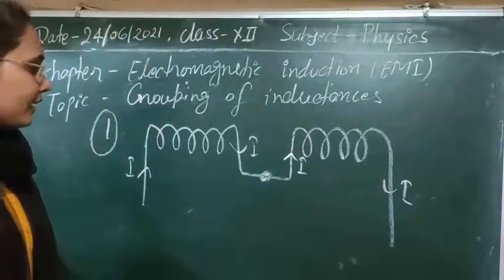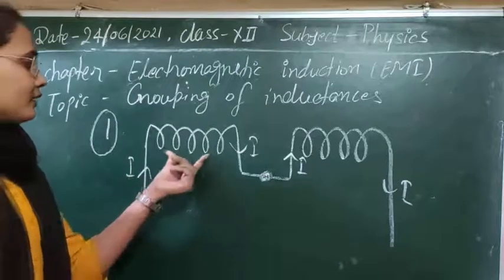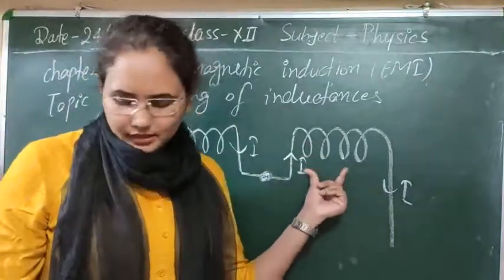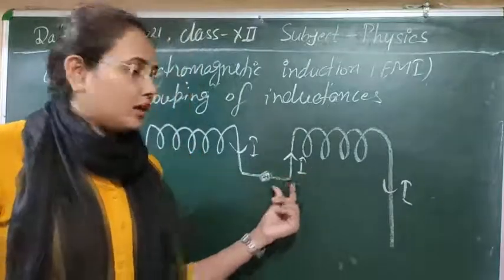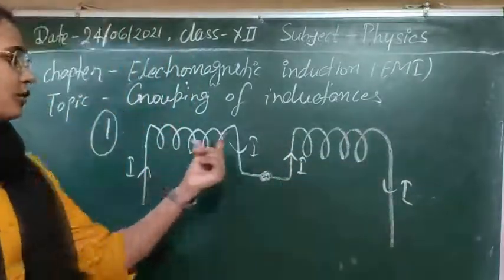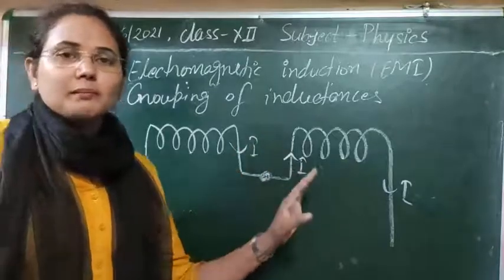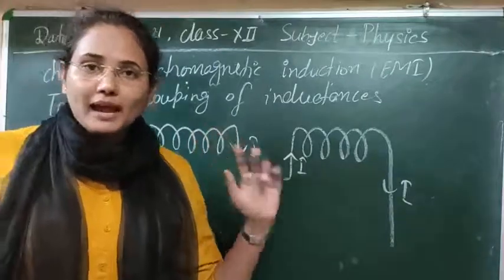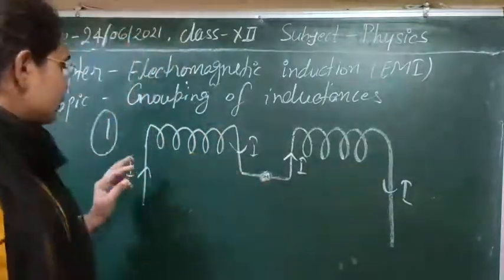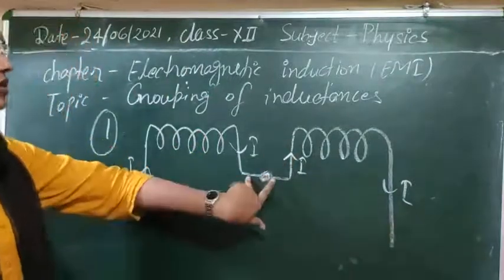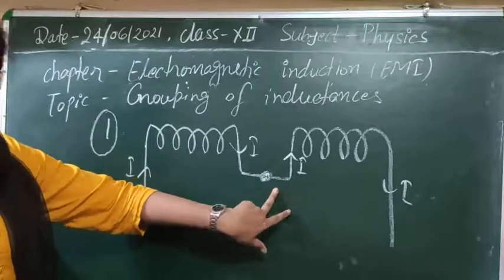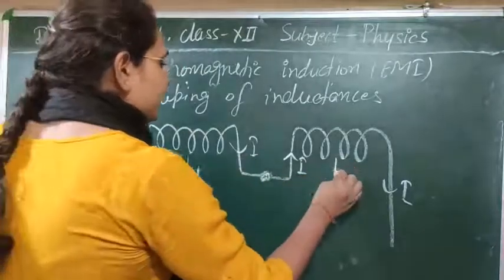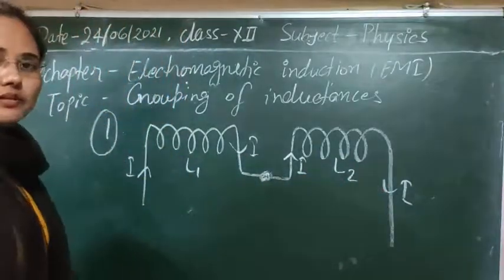It means that if we provide the current in the first coil, then a current is also produced in the secondary coil, and that current flows in the same direction as in the first coil. Such coupling is the first case for series, and obviously you know that in series combination we join two elements end to end. One end is free for both of them, and one end is joined. This is the definition of series combination. Suppose L1 is the self-inductance of this coil, and L2 is the self-inductance of the other coil.